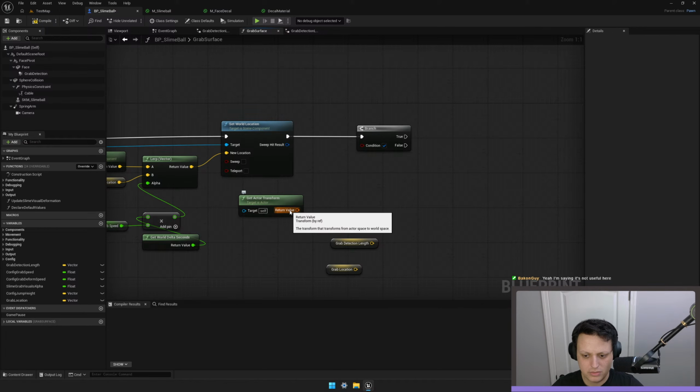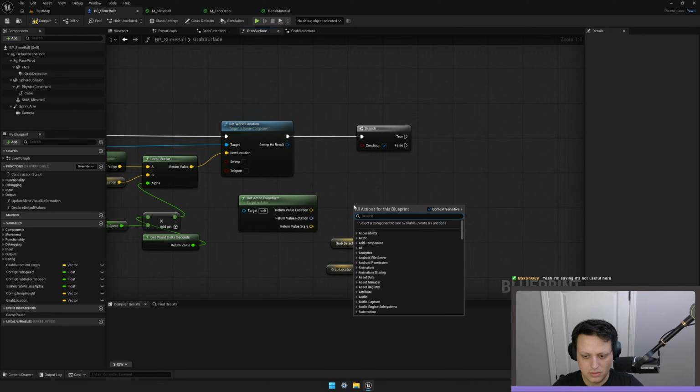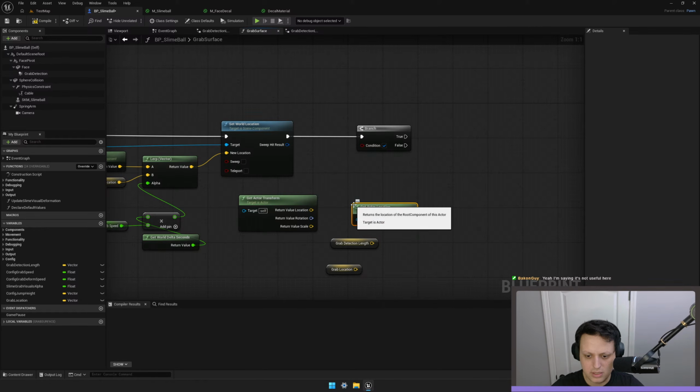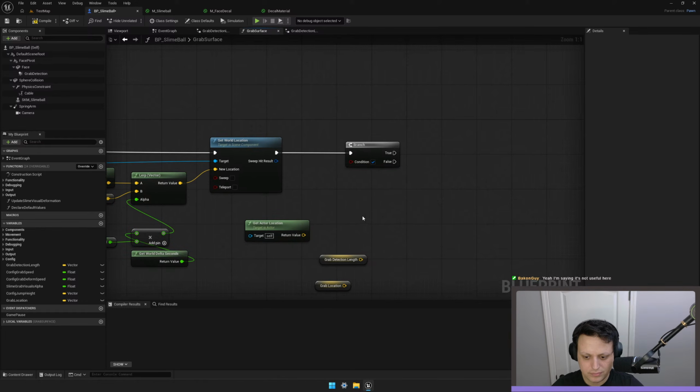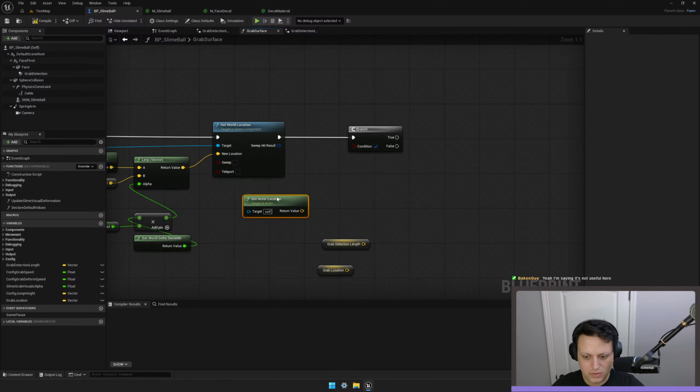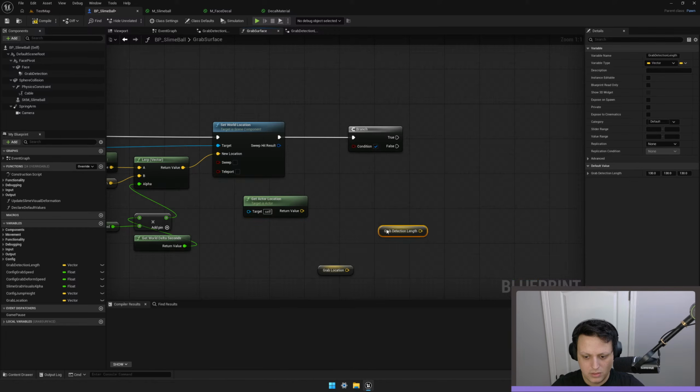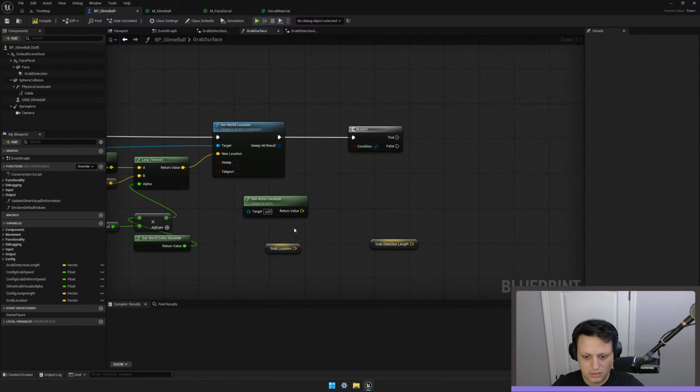The transform actor, world space. Return value location. Yeah, so I probably just need the location then. Okay. Get actor location. Yeah, I don't need the transform. I just need the location. Okay, so if the grab location